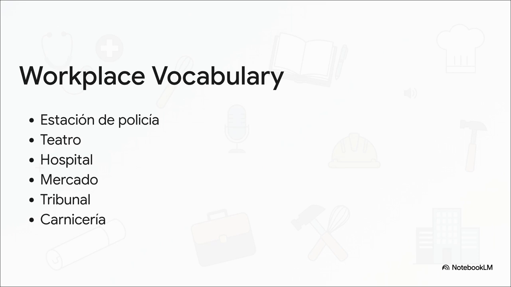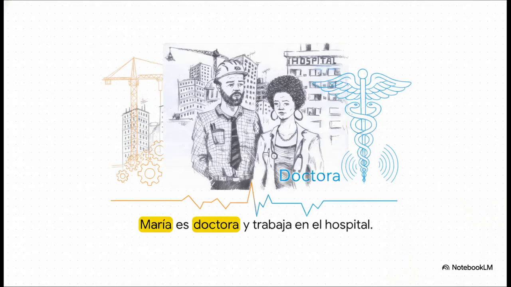Okay, so these are our core settings. And this brilliantly illustrates the exact connection we're making. Checking out this sketch from the source material, we see a woman in a medical coat with a stethoscope, right in front of a building that is clearly labeled hospital. The text tells us this is Maria, and she works at the Carlos J. Finlay Hospital. Therefore, connecting that location directly to her identity, Maria is a doctora. It's just a really perfect visual anchor for the word hospital and the profession doctora.